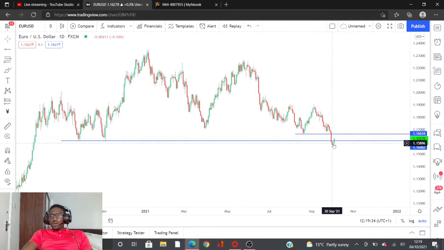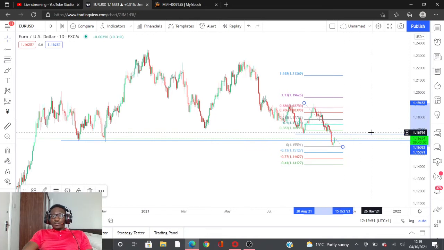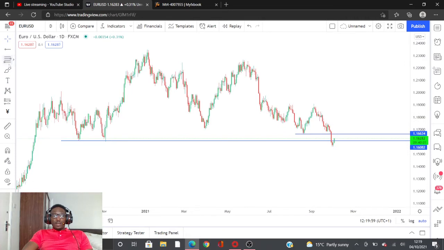But the chances of the market doing that is probably 30%, because there's another strategy that tells you, oh, the market will trace back to a certain Fibonacci level, 50%, or 382, or 618 retracement, and then it drops. But then you have other strategies that will tell you that if you take a look at this whole corrective structure,